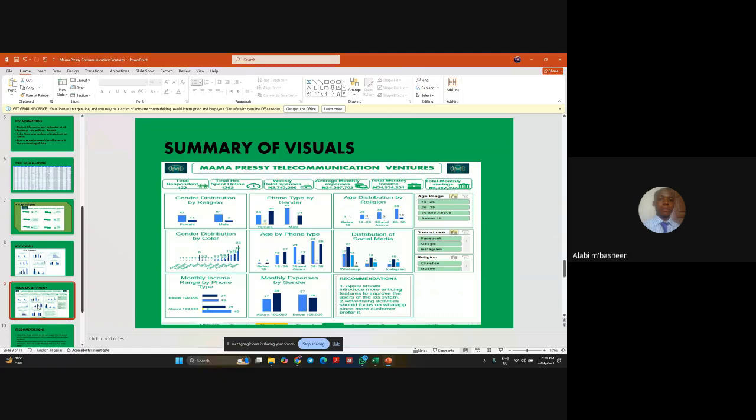Then the slicer, I use the age group for the slicer, the 3 most used social media, and the religion, which is 2, as you can see. And this is a brief of my recommendation. So my recommendation: